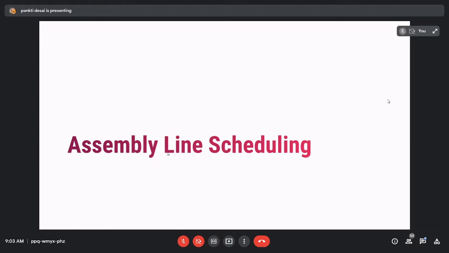So the problem in an automobile factory is this. All the chassis enter each assembly line, and in each assembly line there are some stations. At various stations different parts are added. Then the finished auto exits at the end of the line. But the problem is to determine which station to choose from line 1 and which station to choose from line 2, to minimize the total time through the assembly line.